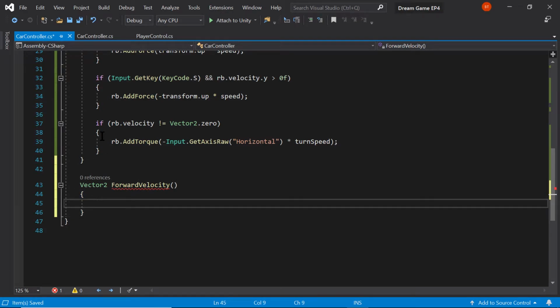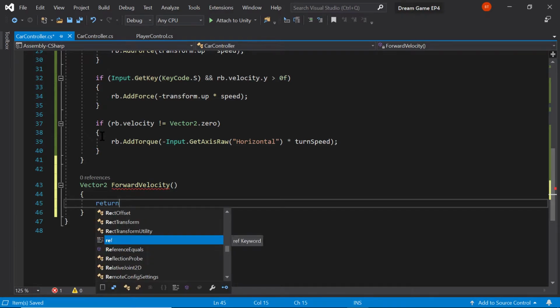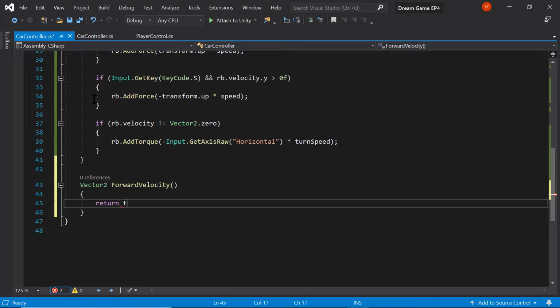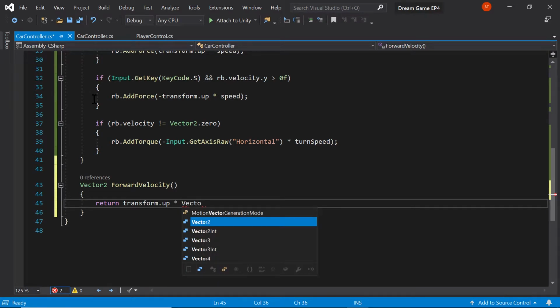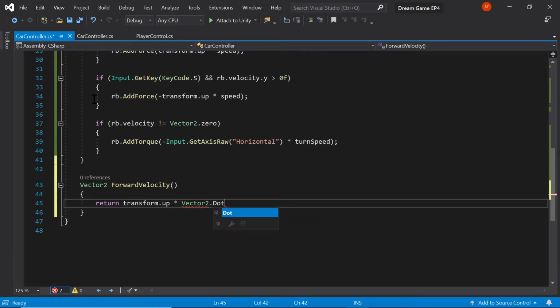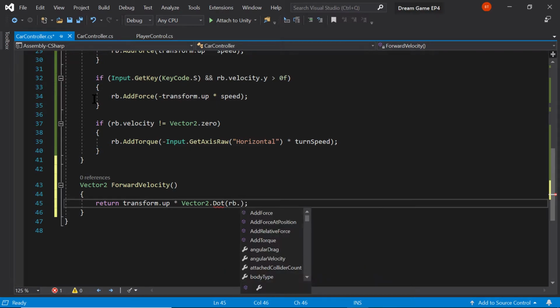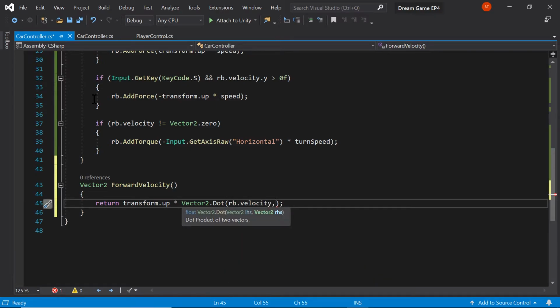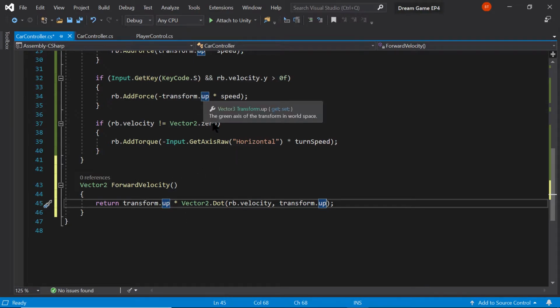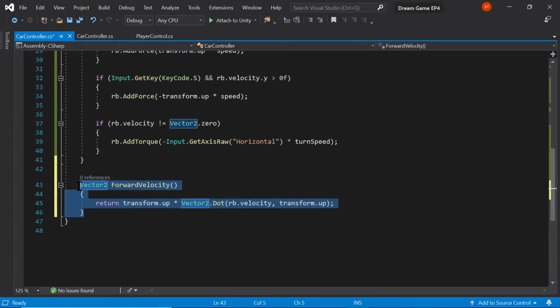And we want it to return our transform.up times Vector2.Dot between our RB.velocity and our transform.up. It should give us our velocity, how fast we're going. Alright? So you can take this